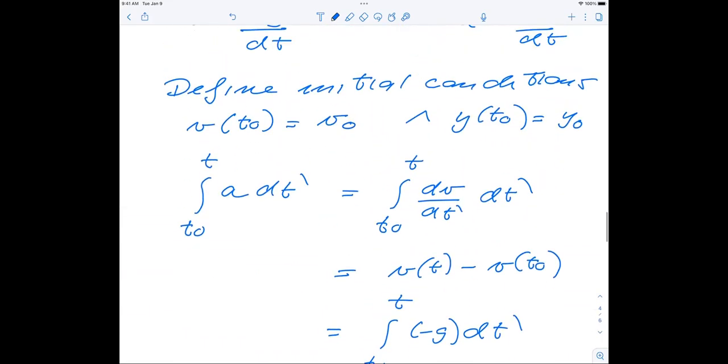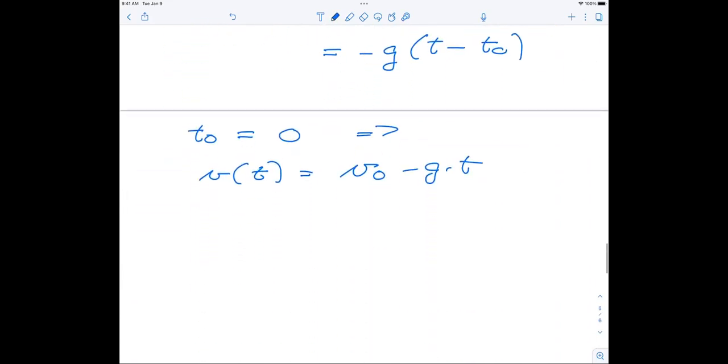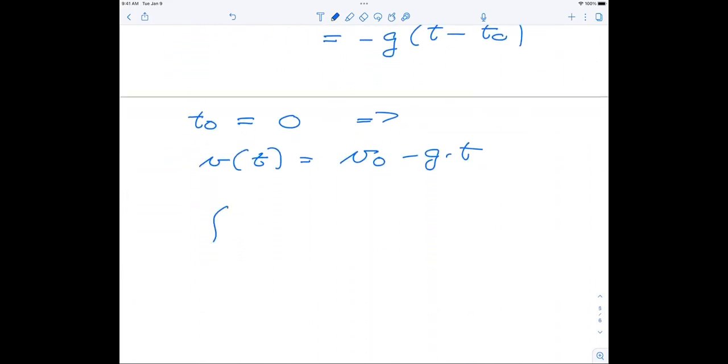And then when we've done that, we would go back to the expression for the velocity in terms of the derivative of the position. And we would then repeat this calculation. And we will take now the integral from t0 to t. And then we would have our v0 minus g times t. And then we would integrate this up to a given time t. And this is going to give us y of t minus y of